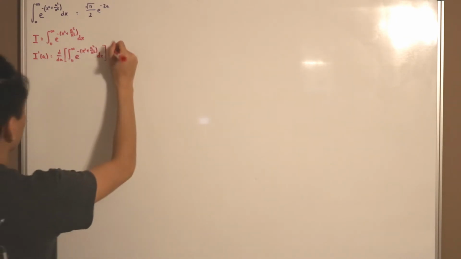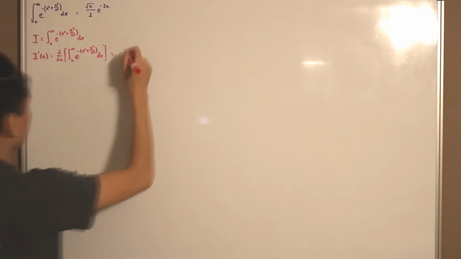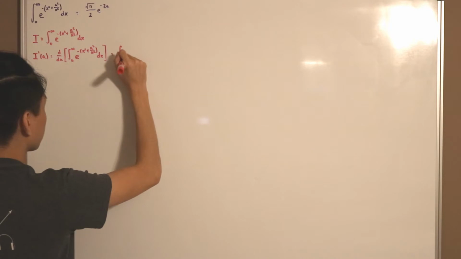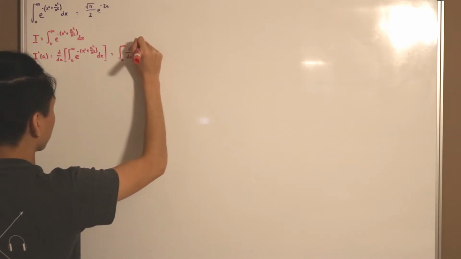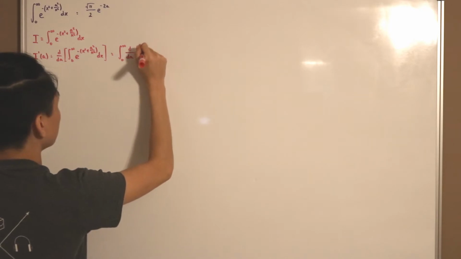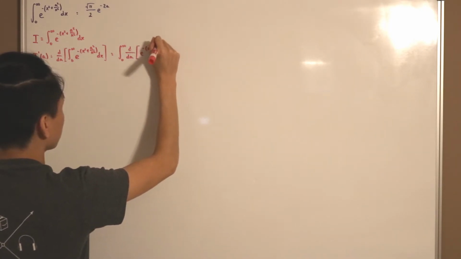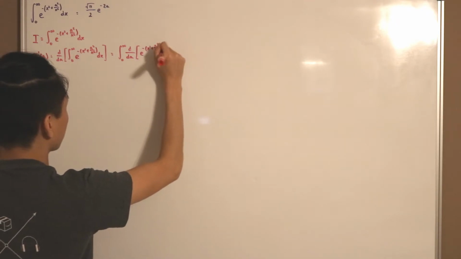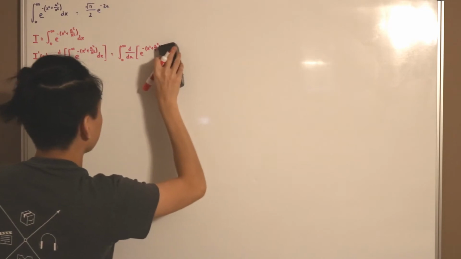In other words, we can move the d over dA inside of the integral, so it can be rewritten as this. The integral of d over dA of e to the negative (x squared plus a squared divided by x squared), with the bracket closed right here,